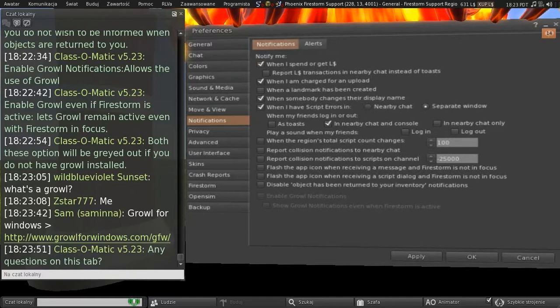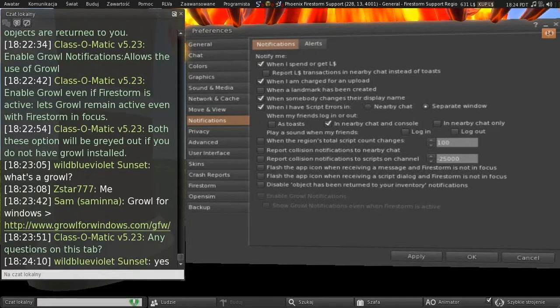So any questions on this tab? And was that enough of an explanation about Growl? Cool. Alright then. I think we should just carry on